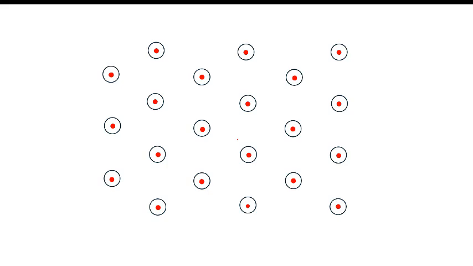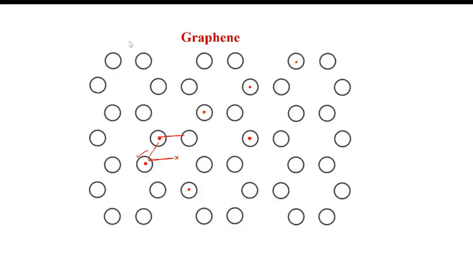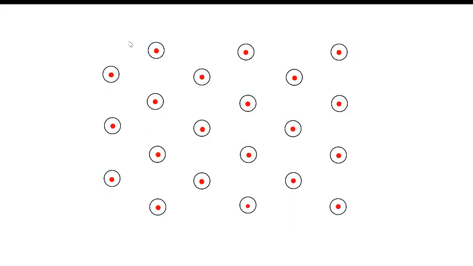Now compare with the first one. Keep this in your mind for you to compare it with the one that we have generated just now by placing one atom around each of those lattice points. Do you see the same structure? You don't,